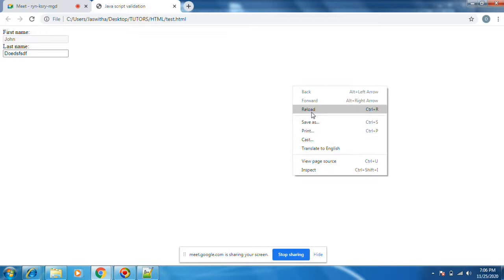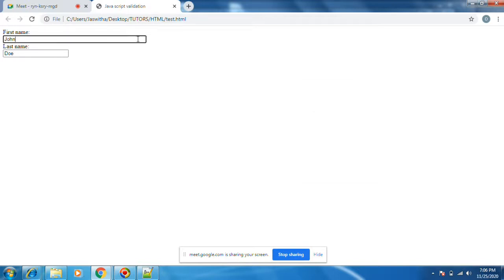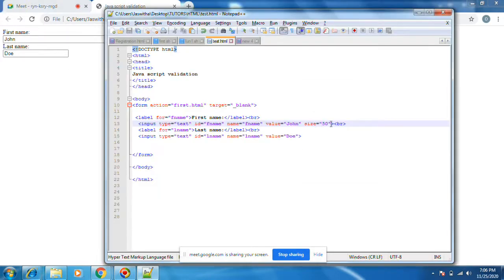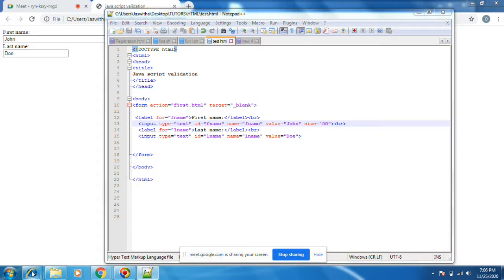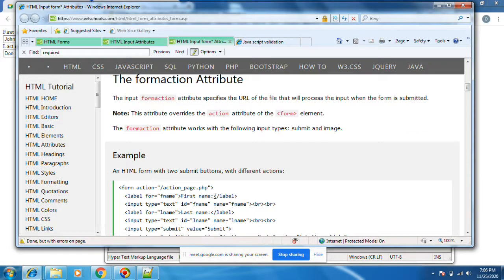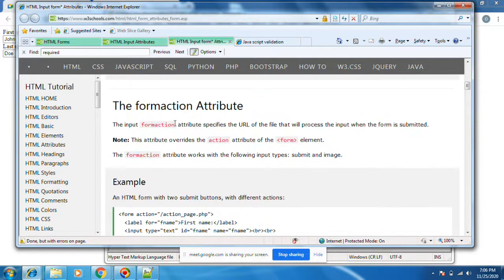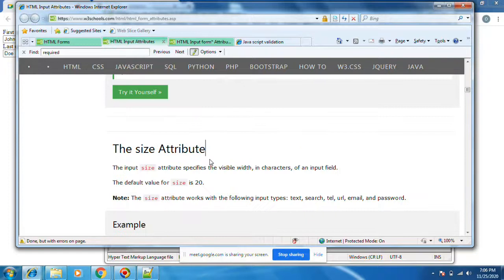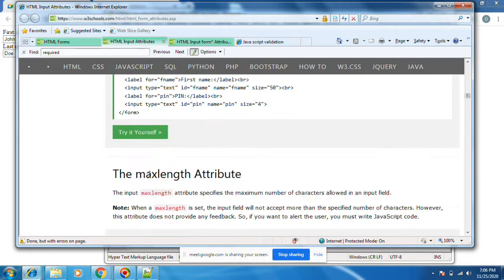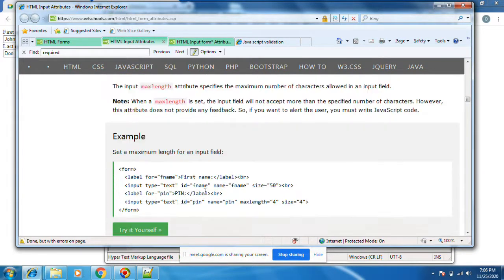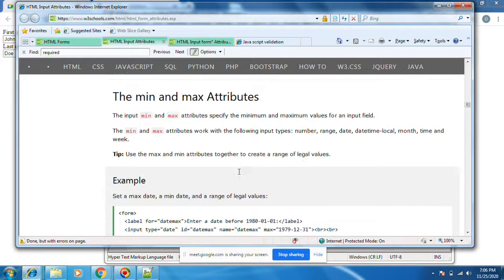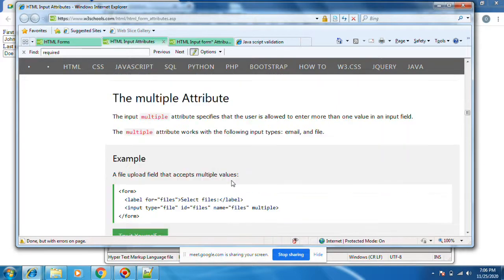After reload, you see the size gets increased. You can set the size of the text box, list box, whatever it may be. Max length also you can do. You can put max size, min size, multiple attribute.